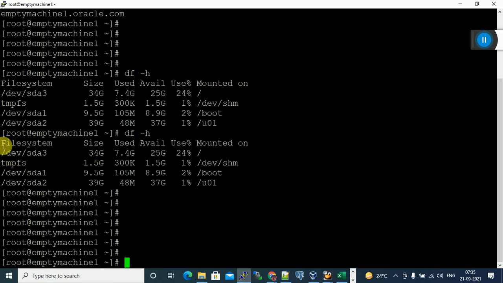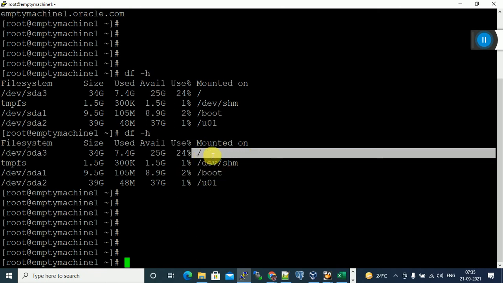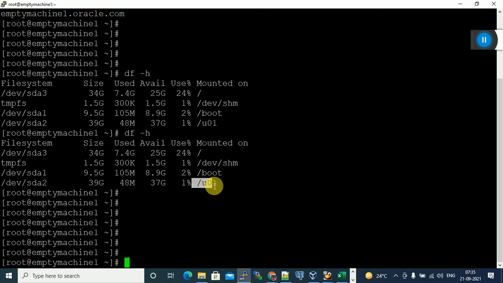This is for seeing the mount points. As of now, slash boot is a default mount point, and root slash is also a default mount point. Only slash user1 is the extra mount point we gave. In your case, if you give slash user2, that will also be displayed.